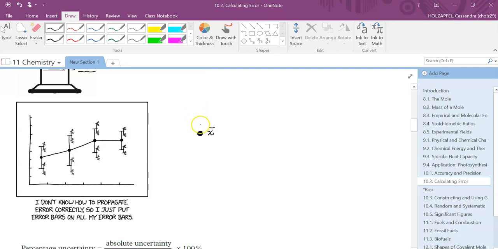And I worked out their average, and then I can work out their confidence interval. So this is a 95% confidence interval. So that means that there's a 95% chance that every single value of this particular treatment will have the plant's height fall within that range.